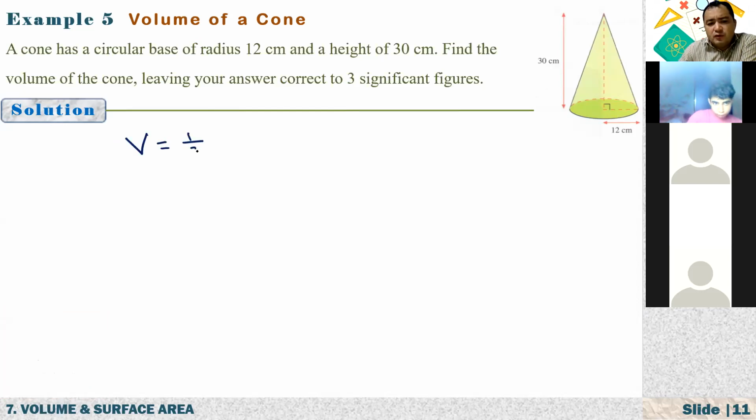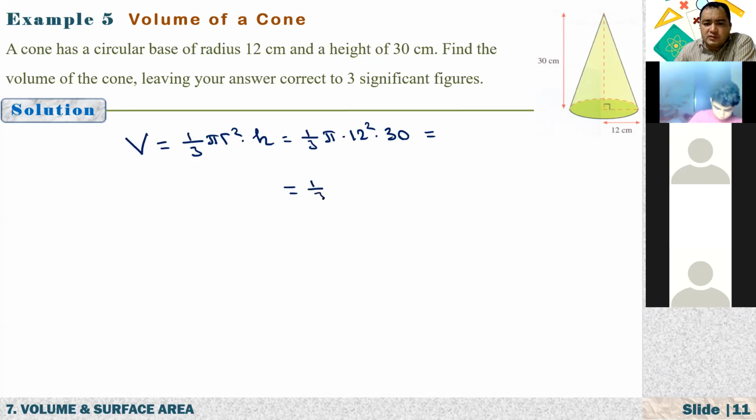We know that the volume is equal to 1/3 times base area, that's pi r squared, and here we have h. So here we have 1/3. Nothing is given about pi, so I'm just going to use the value of pi in the calculator. Let me just keep it as pi. And r is 12, so here we have 12 squared. And h is equal to 30, so 30/3 is equal to 10. And 12 squared is 144. So here we have 1/3 times 30 times 144 times pi. So that's equal to